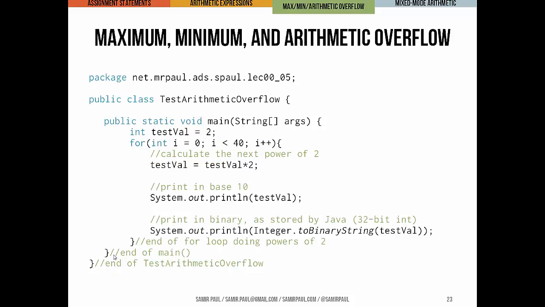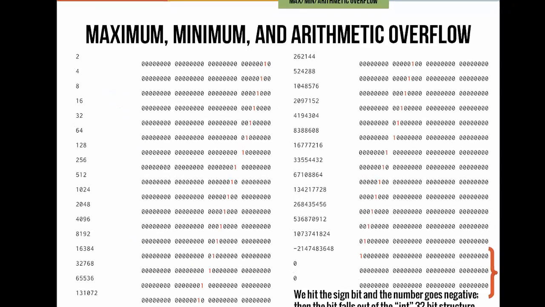So here's what I did. I went ahead and wrote a little program. You can take a look at the code. This uses some structures that we haven't worked with yet, so don't feel pressured to look at it right now, but if you'd like to, you can. Essentially, what this does is it generates all the powers of 2 up to the 40th power. It also converts each power of 2 into a binary string and prints out that binary string. So essentially, we're seeing both the human readable power of 2 and the representation of that power of 2 in the Java virtual machine.